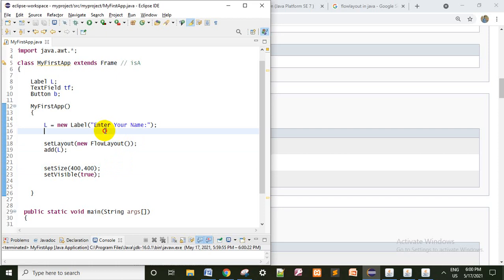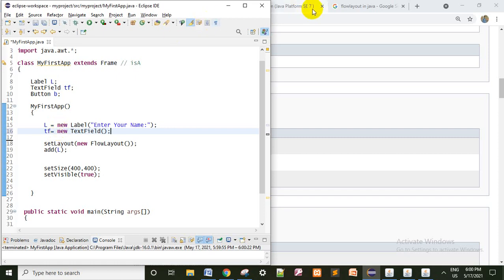So after that, I want to create a text field. We already created the reference variable, so I am using it directly: tf equal to new TextField. So here also TextField is a class. Every class has its own properties, own constructors, own methods, which are used to create a text field.